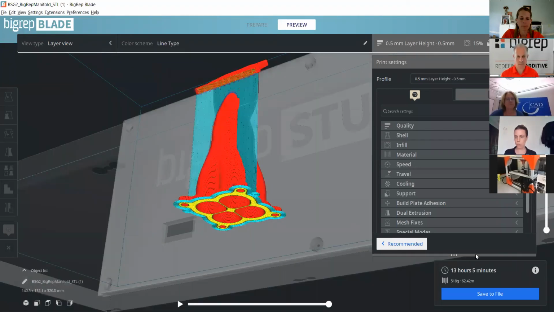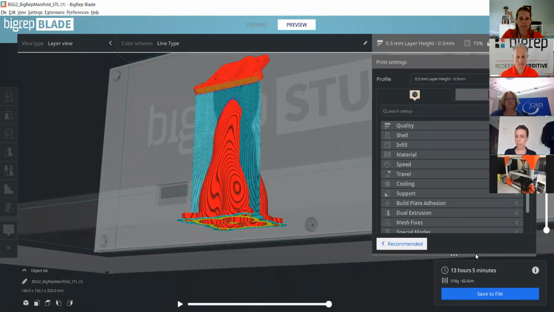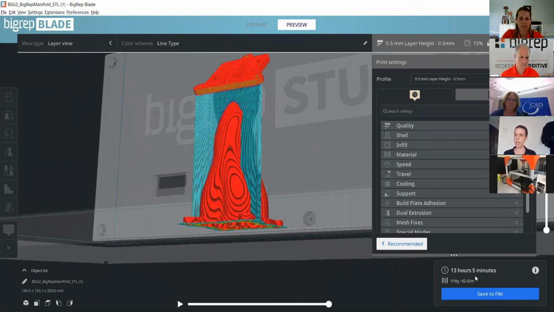And then as you'll see over here in the bottom right-hand corner is where the output information is. So right now I have it at a 0.5 layer height in the studio, which is actually the highest layer height you can go with the 0.6 nozzle that we recommend. So it's a pretty quick print. It's 13 hours for this part. And as well, it gives you the amount of material you're using here, which is 0.5 kilograms.